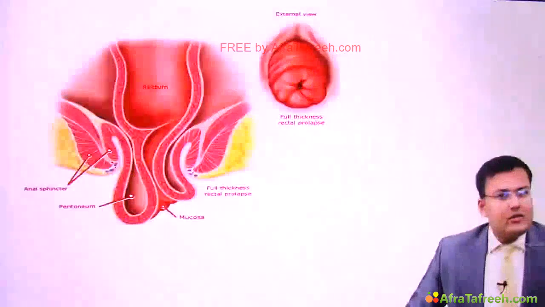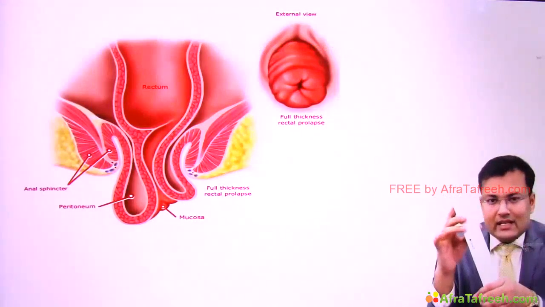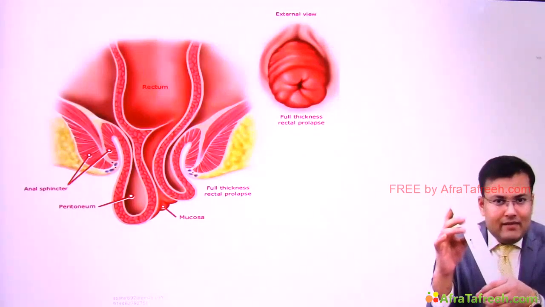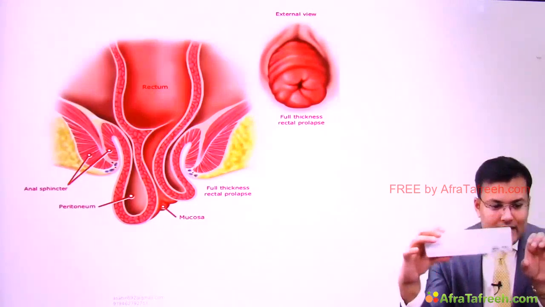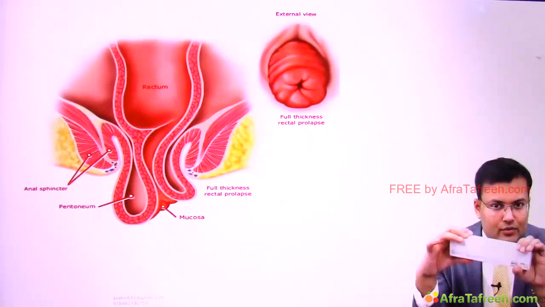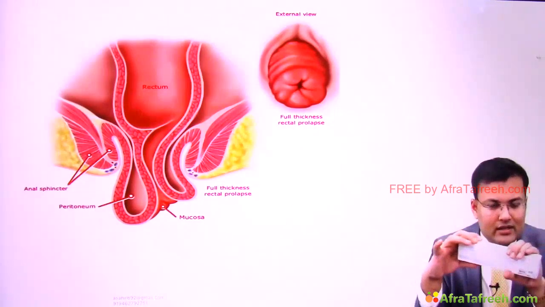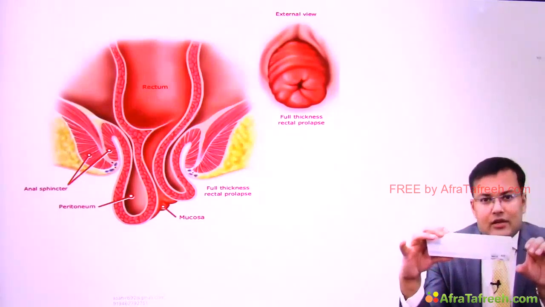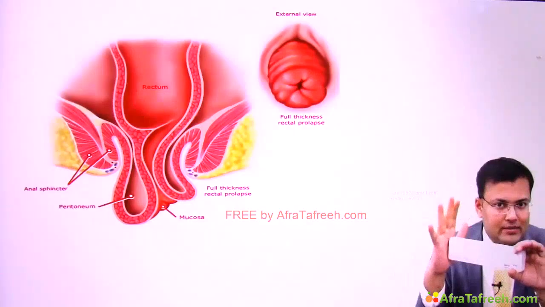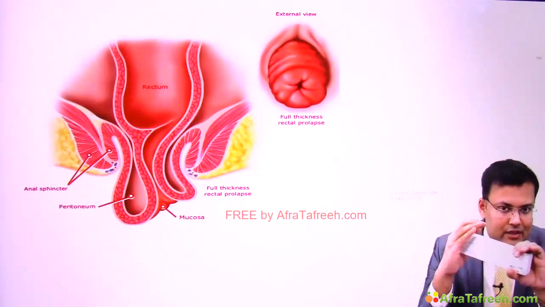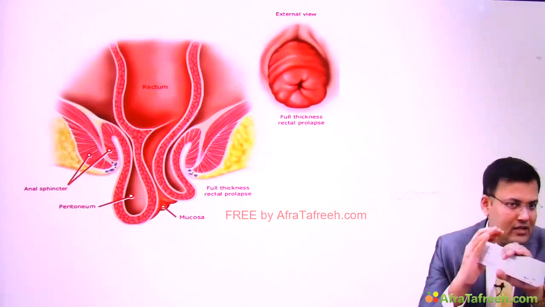Now see the anatomy. In certain patients there is redundant rectum. This is anal canal and this is rectum. So whenever there is redundant rectum and weakness of pelvic floor muscles, what happens? First, this rectum goes inside the anal canal. Can you see the movement? Before prolapse, one part of bowel is going into another. This is intussusception, internal intussusception. Clear? Now, whenever this rectum goes into the anal canal and you can visualize it coming out, this is known as prolapse. So this is rectal prolapse.